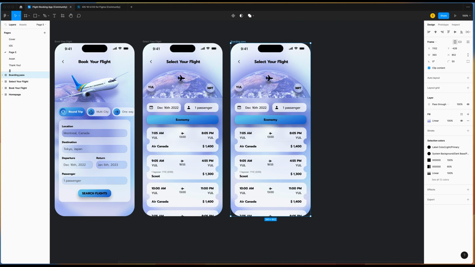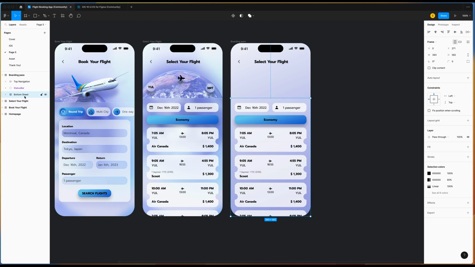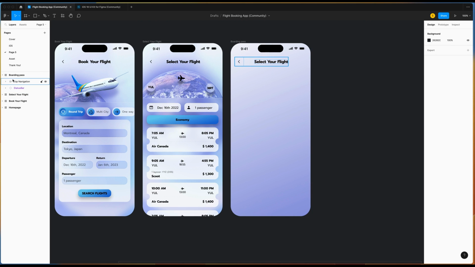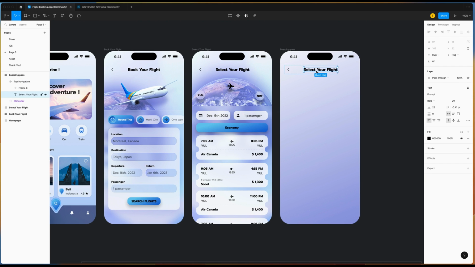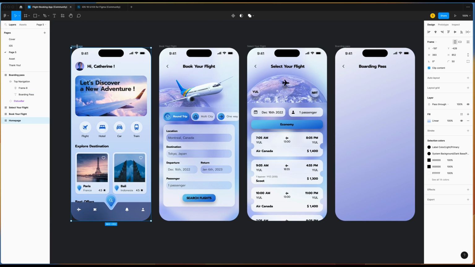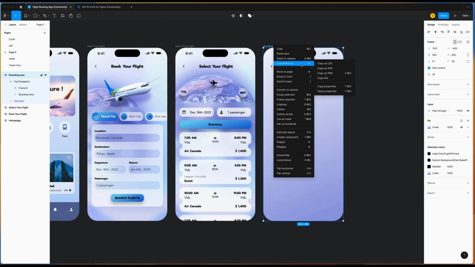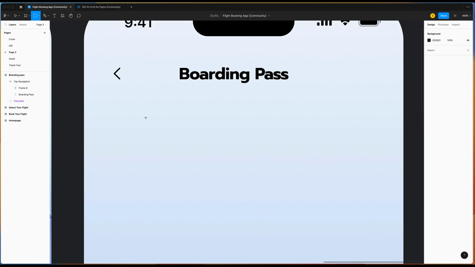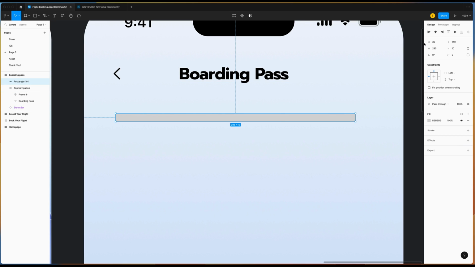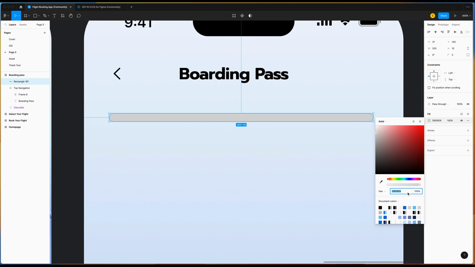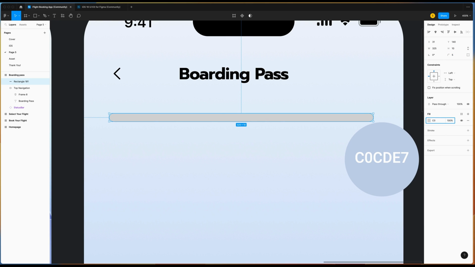So we have to delete background, bottom. We're going to delete everything except the status bar. So we're going to change the title. Select home page. Going to copy the property and paste to this frame. Create a rectangle, 325. Corner radius 5. Go to fill. The color is going to be